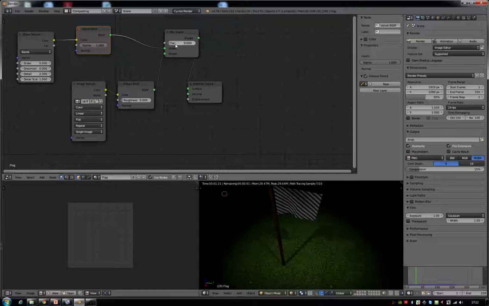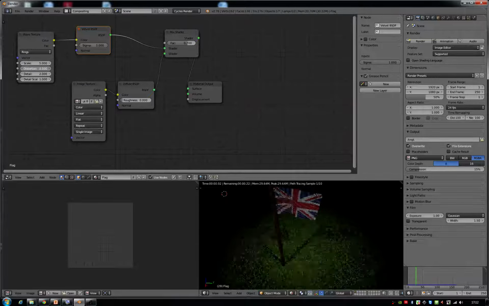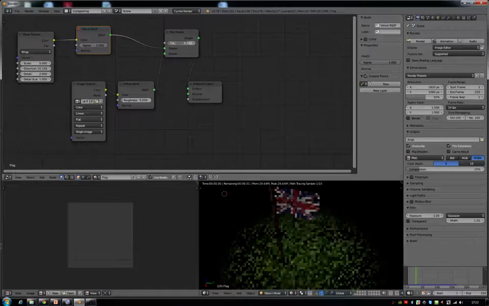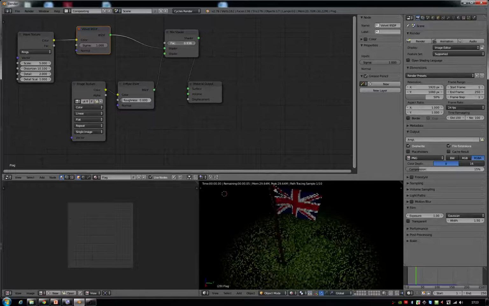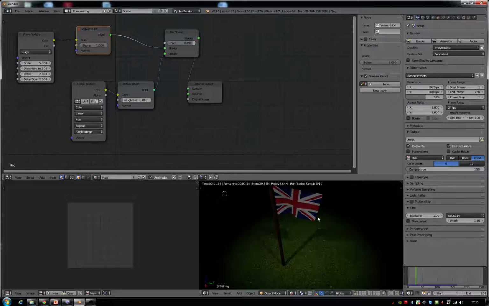So if we take it full on this way, we've only got the waviness. If we take it full on the other way, we've only got the flag. You can choose which one you want. I think rather than bands, rings looks a little bit better. And if you change distortion, I don't know if you can see that, but you can make these lines a little bit more wavy. And I don't want to see the waves that much. I mostly want to see the flag, but just with a slight little effect. Okay,